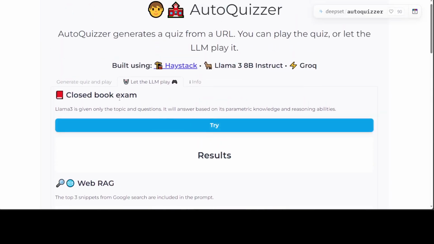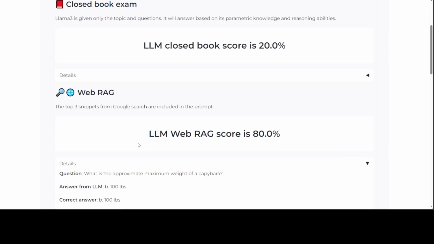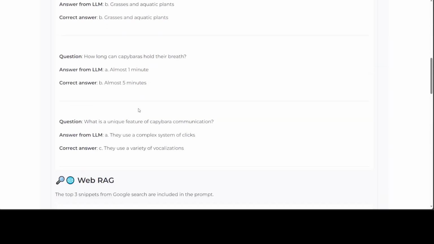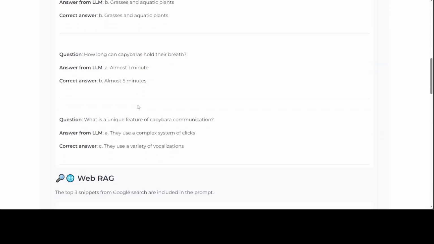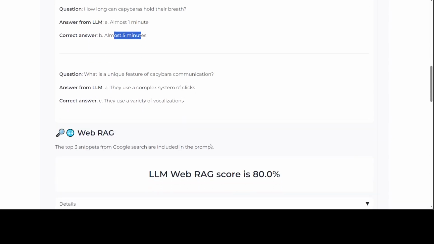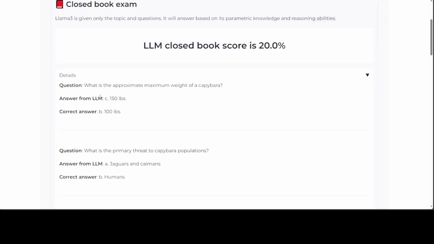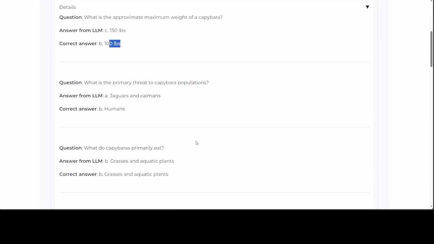For example, for the closed book one, Llama 3 is given only the topic and question and it will answer based on its parametric knowledge and weights. So let's try it out. It is not checking on the web. So you click here. There you go. So you see Llama has answered most of them correctly. This one was wrong. This one is correct. Good stuff. Or in fact, it has answered most of them wrongly. Anyway,